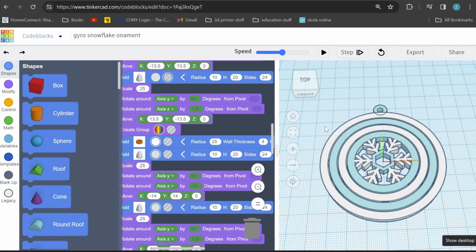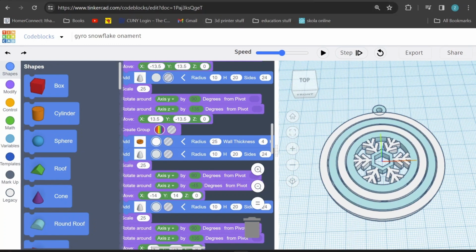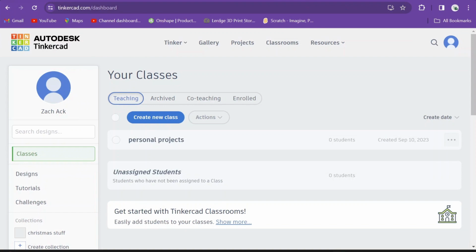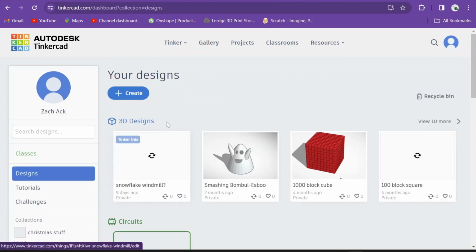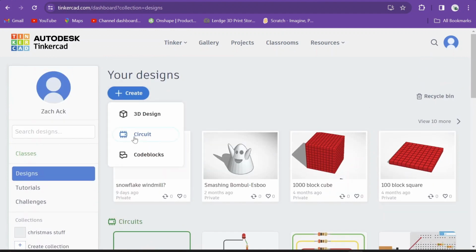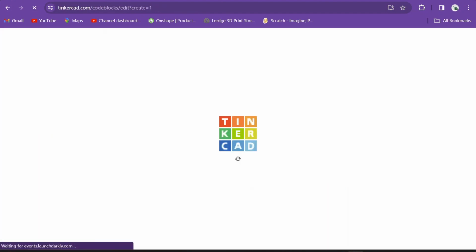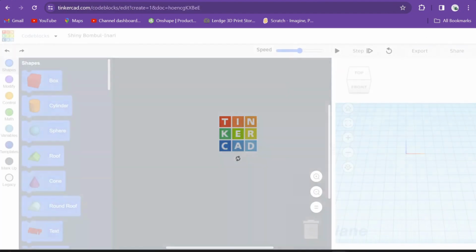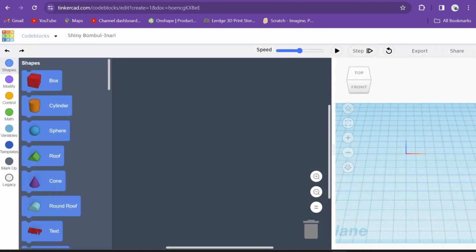Okay, let's go. The first thing that we are going to do is go back to Tinkercad, go to our designs, and create a new code blocks design. Once that's loaded in and we've changed the name of our design to something easy to find,